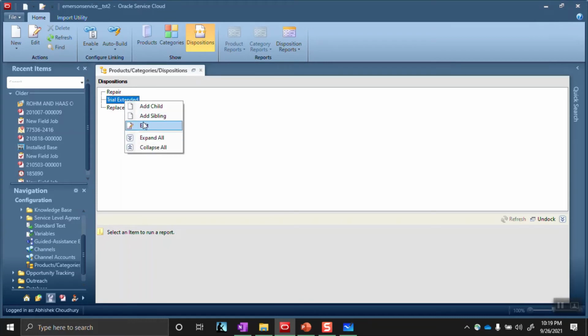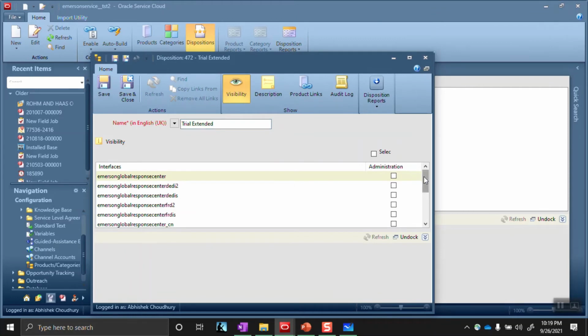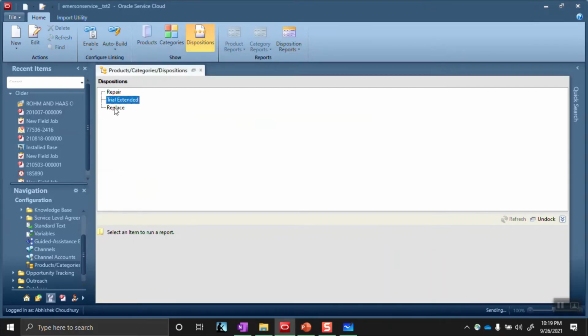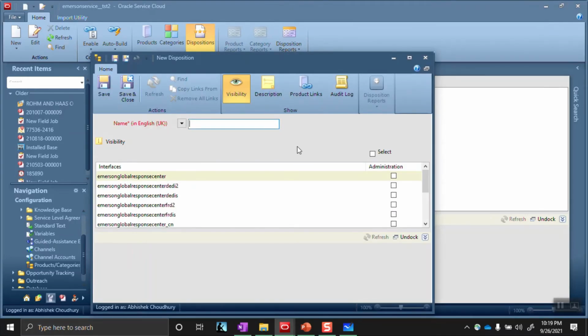Okay, so this one I forgot to enable for which interface. Service, save and close. And reinstall. So here I have made straightforward dispositions, and I didn't do those parent child things.